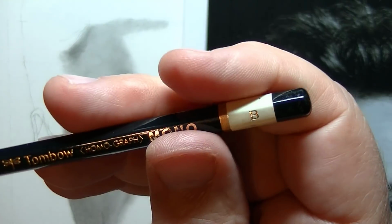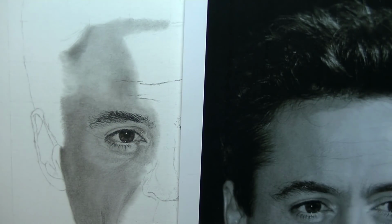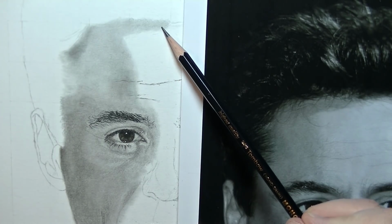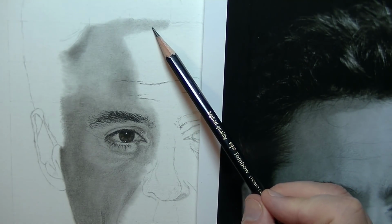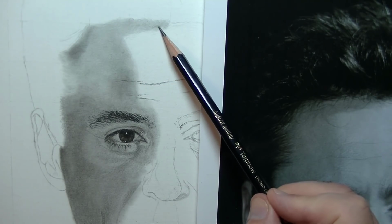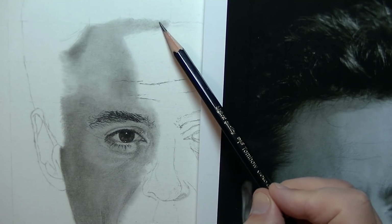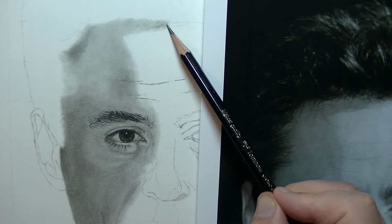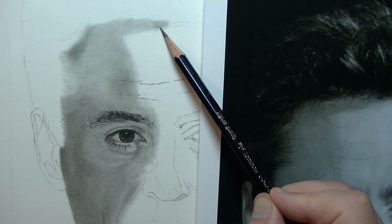Now that I've laid down the 2H and blended, I'm going to go to a higher grade, this time the B pencil, and I'm going to go over the 2H with the B, darkening this area. Same technique, small ovals, hold the pencil as far back as you comfortably can so that you don't press into the paper. Let the pencil glide,